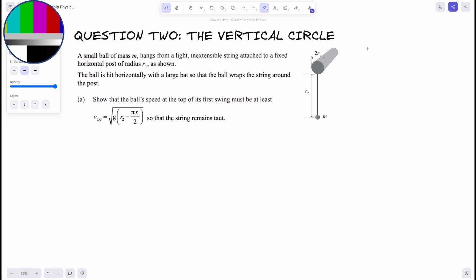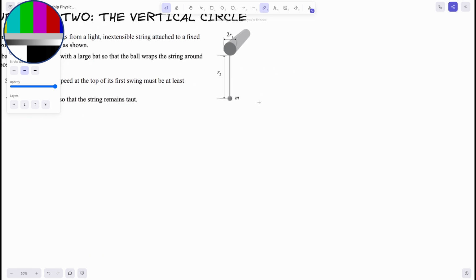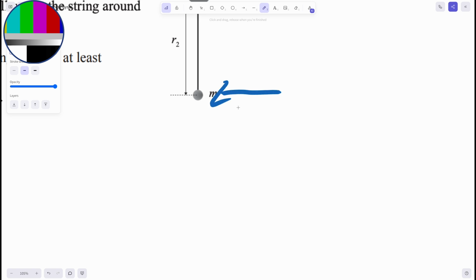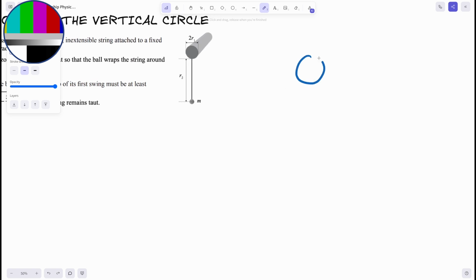post of radius r1, as shown. The ball is hit horizontally with a large bat so that the ball wraps around the post. Show that the ball's speed at the top of its first swing must be at least that equation there, so the string remains taut. Okay, so the ball is hit this way, and therefore if we have our post again,